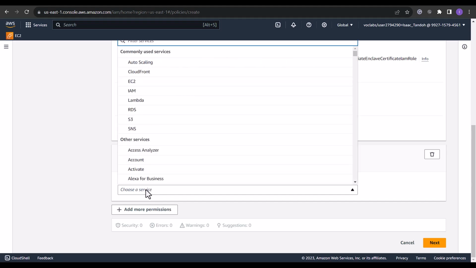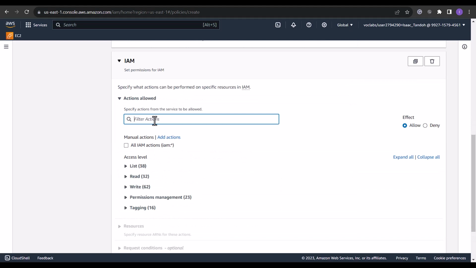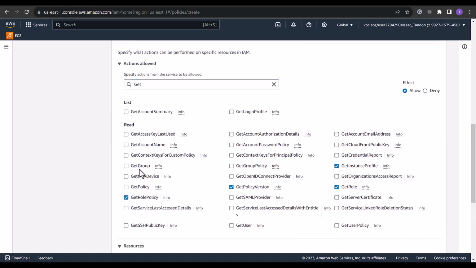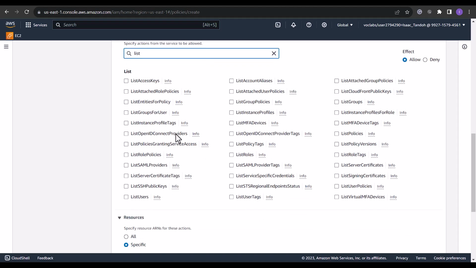I'll add another permission, and this time the service will be IAM. For actions allowed, I'll filter for get and I'll select a couple of actions here. The actions I selected are get policy version, get role policy, and get instance profile. Next I'll filter for list, and from list I'll also select a couple of actions. I'll select list attached role policies, list instance profiles, list instance profiles for role, list policies, list role policies, and